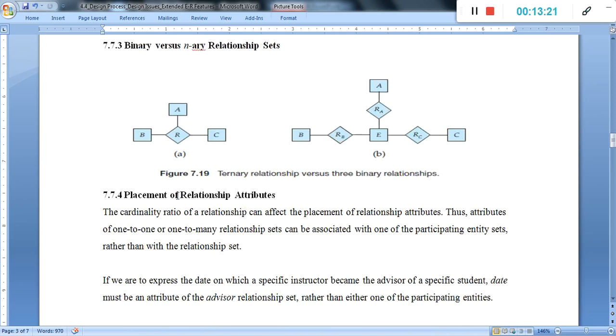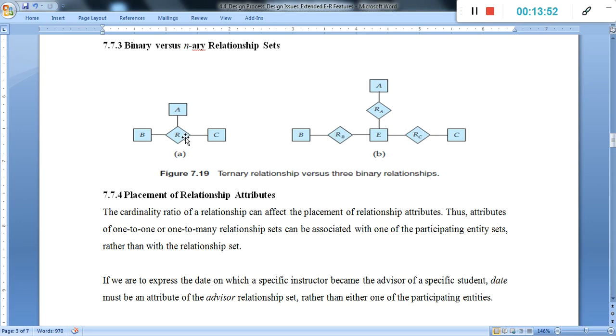The next, placement of relationship attribute. The cardinality ratio of a relationship can affect the placement of relationship attributes. How? The attributes of one-to-one or one-to-many relationship sets can be associated with one of the participating entity sets rather than with the relationship set. It means if we mention one-to-one, that one is simply related to the relationship, right?